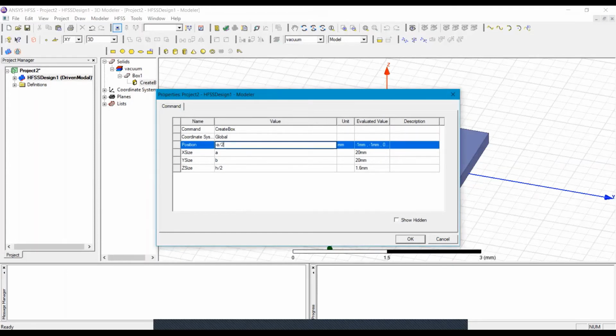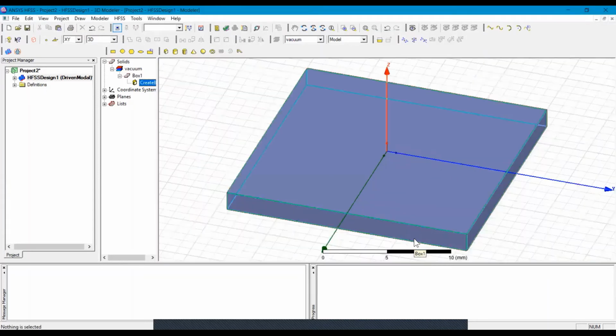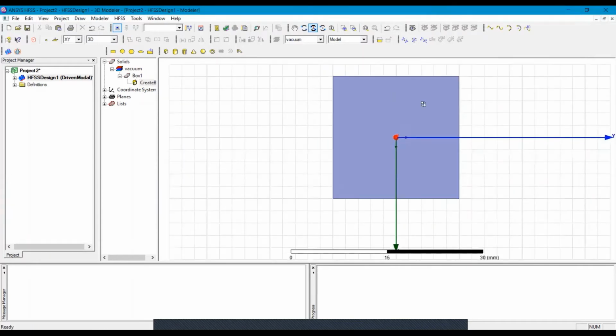Similarly, minus b by 2 and minus h by 2. These are the initial points or the position of the axis. So this is my substrate and I can see that it is center aligned.